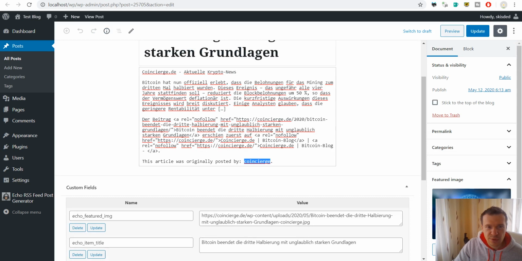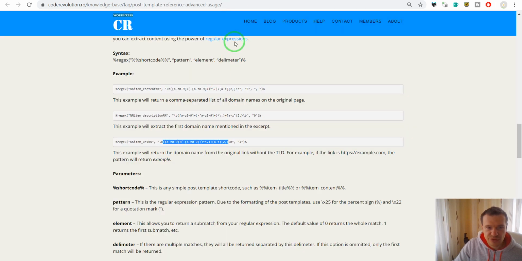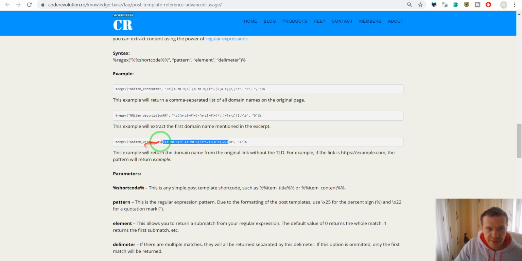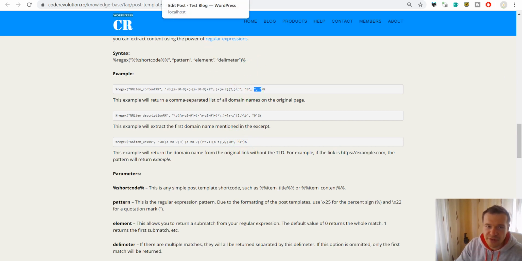If we continue to check on this, we will see that this is the first matching group that should be displayed, and without a separating character, because only one match is